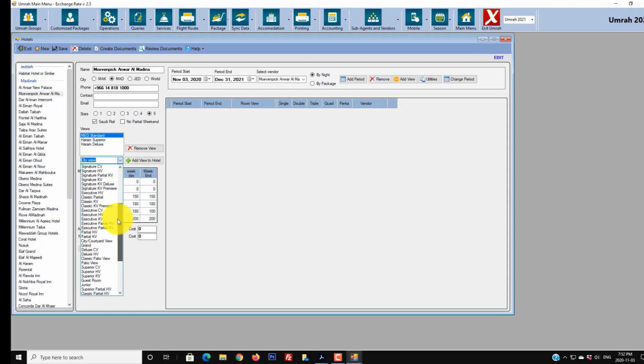This is where all the categories that you have are, let's say Kaaba view, for example, and you can press add, it will be added, no problem. If you're not using something, just remove it and keep it clean. Okay, so